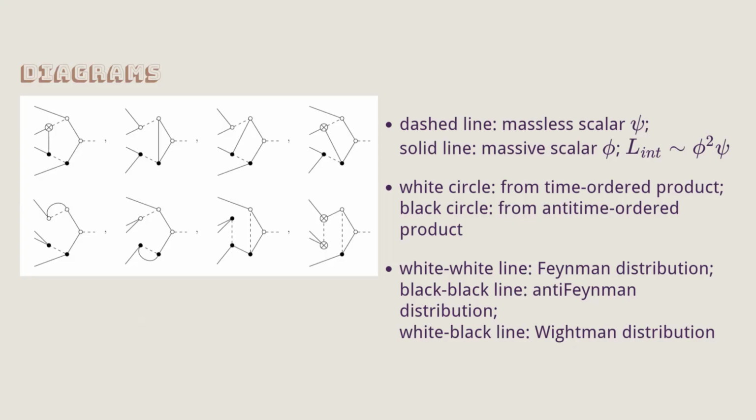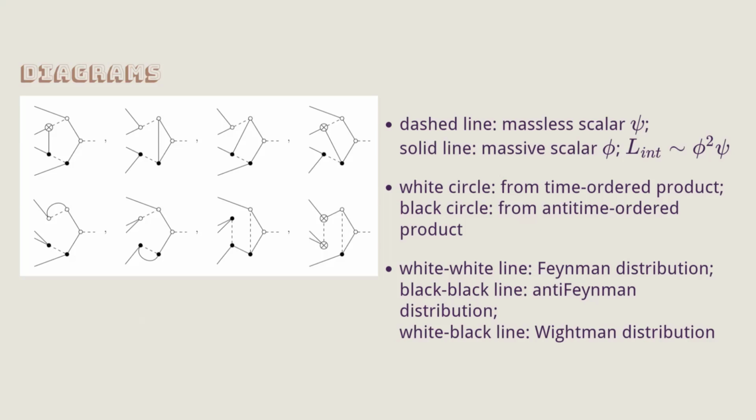Okay. I have to keep track of where each vertex came from, because that decides in my formula which contraction I'm using, Feynman propagator or anti-Feynman propagator. So the white circles are all the vertices I put in the time-ordered product. And the black circles are everything I put in the anti-time ordered. Okay? I have to sum over all possible assignments of these white and black circle colorings. I've only drawn some of them. A lot of them go away because of kinematics. And this cross dot means sum over both white color and black color. So it's accounting for two diagrams in some sense.